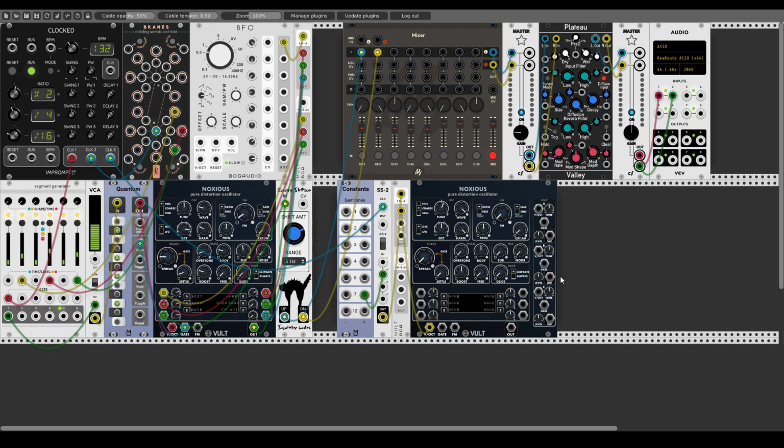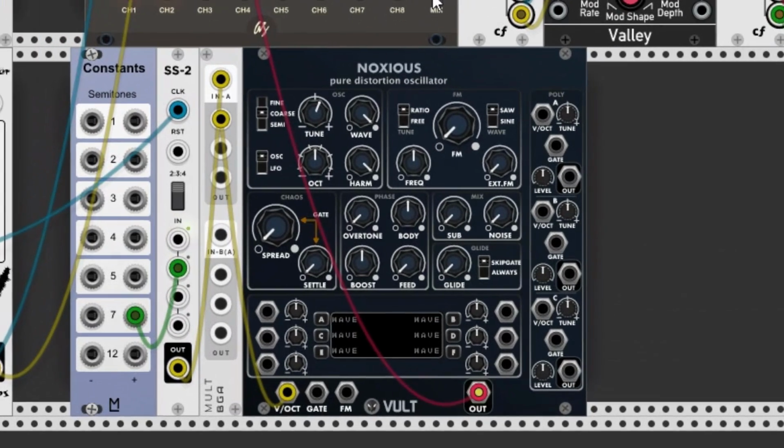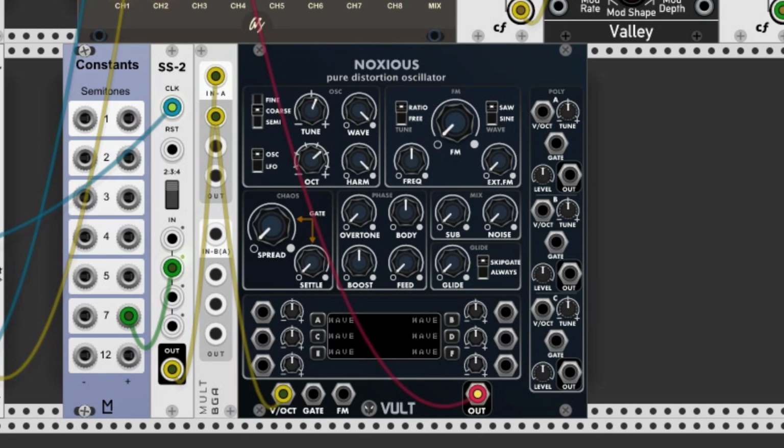Okay, now let's have a listen. I will connect this. Let me mute just the first voice. I will connect this to the mixer. Okay, let's take this up a few octaves, maybe somewhere here. Okay, and again, until we connect the other voices to something or send voltage to their volt per octave inputs, they will not be active.